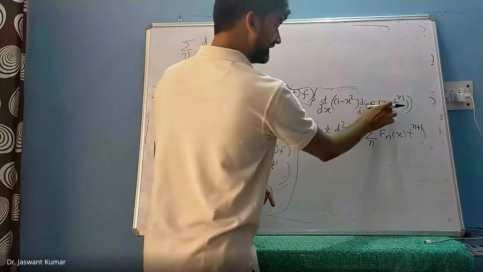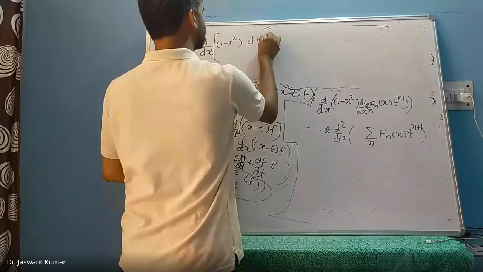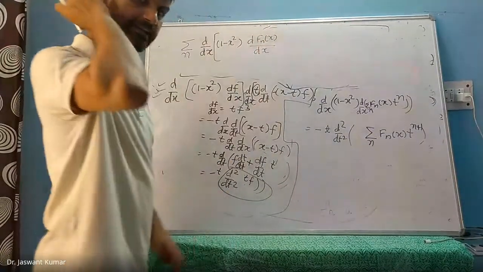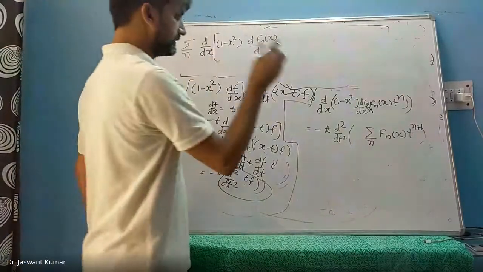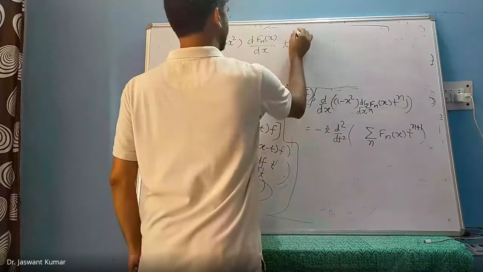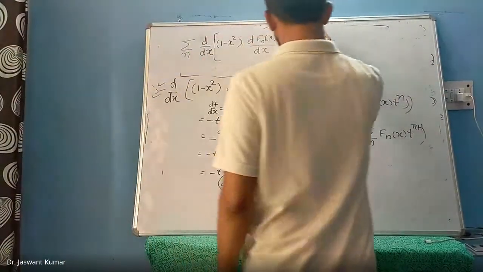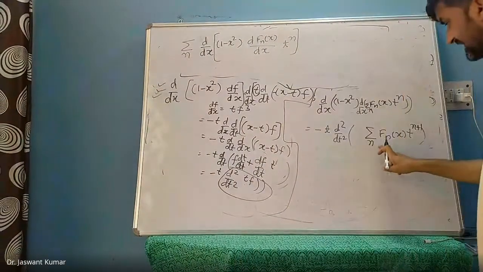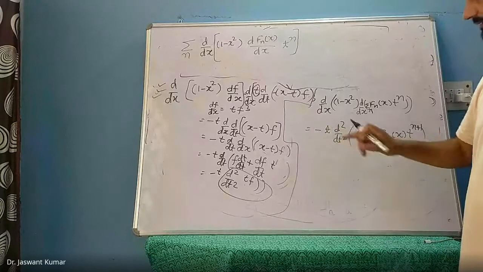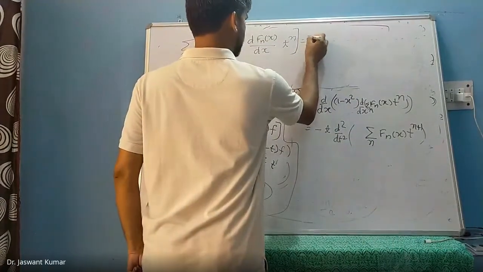And then this d by dx of f_n(x) t^n can be written as d f_n(x) by dx, because this is the only x dependent term, times t to the power n. This is equal to, once again, since there is no n over here, this summation can go over here. So this can be equal to minus summation over n